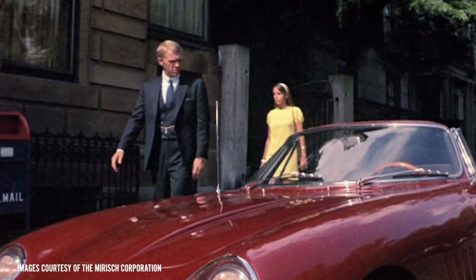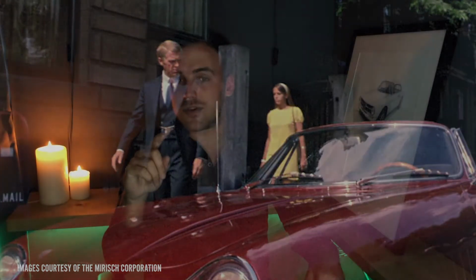And Eddie owned this car his whole life. It was one of his pride and joys, and its value went northwards and northwards. He got increasing offers to buy from the most respected dealers, the most respected collectors around the world. Another interesting bit on this story, the 275 Spider was used by Steve McQueen in The Thomas Crown Affair. If you haven't watched it, great film, please watch it. Potentially the one with Pierce Brosnan is better, but Steve McQueen drove the 275 Spider in that film, loved it,